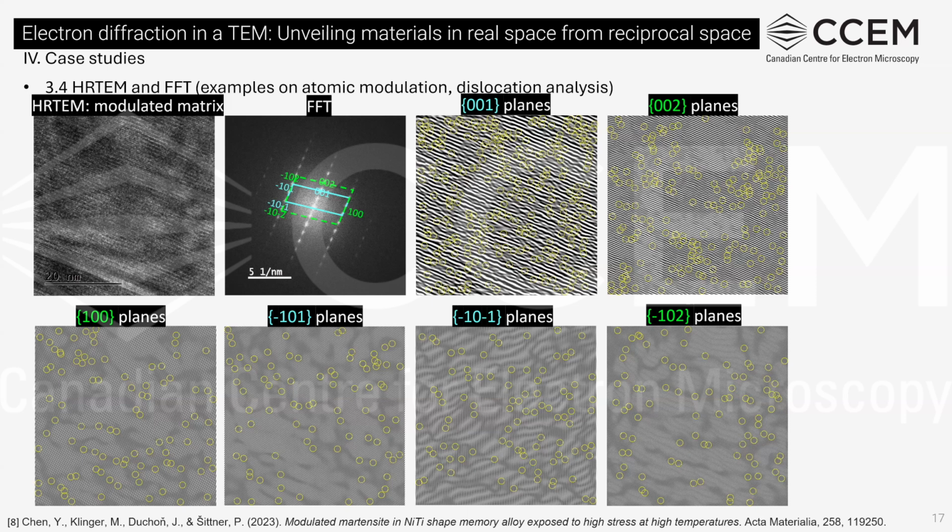By following the discontinuity of the fringes, we can locate dislocations happening in the selected lattice planes. Here, the dislocations are marked in yellow circles. As we propose that the partial dislocation happens on 001 planes, we can see clearly that the dislocation density is much higher at 001 planes and their equivalent planes. But for other planes, there is no significant increase of dislocation density. These results obtained by using high-resolution TEM, FFT, and GPA prove the mechanism has the right interpretation of this thermomechanical process.